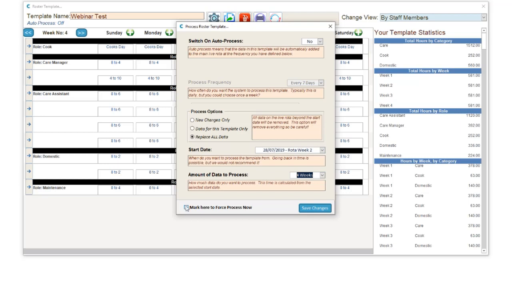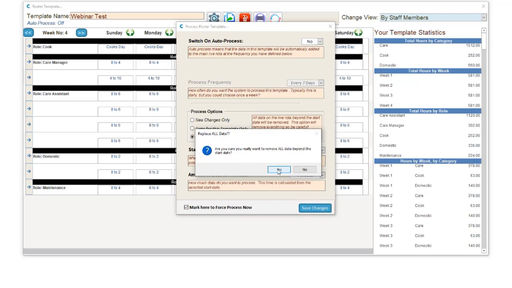The final option is to tick this box if you want to just force it to be processed now. The reason why that's there is because you could also set this up to be an auto process routine, and an auto process routine means that the system will automatically keep processing this template in. That's really important if you have a template which you want to make sure is going to be the template going forward in time until it's changed. So if you click auto process to yes, it will just keep adding an additional day every day onto your live rota. But here we're just going to tick this box, save changes,